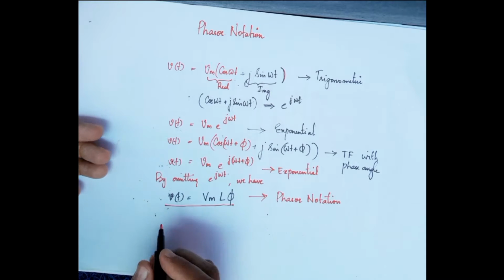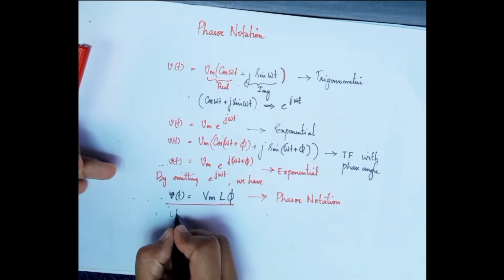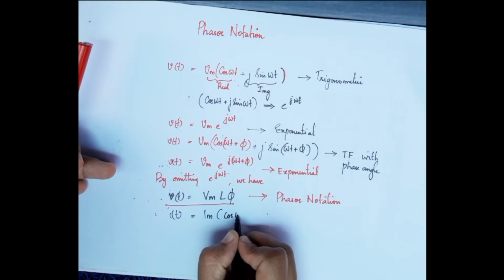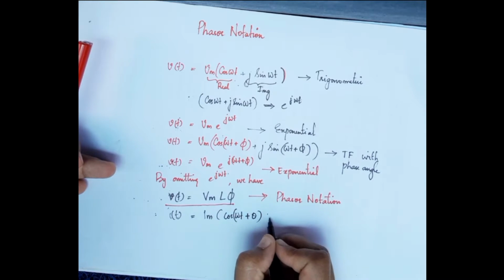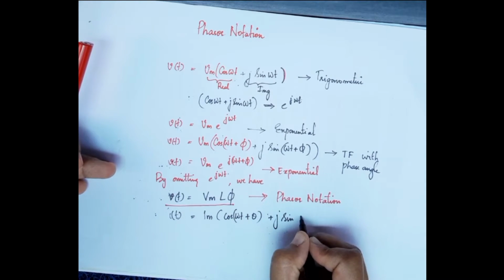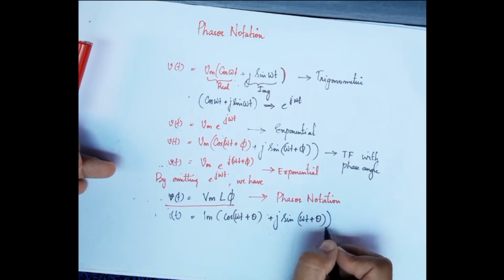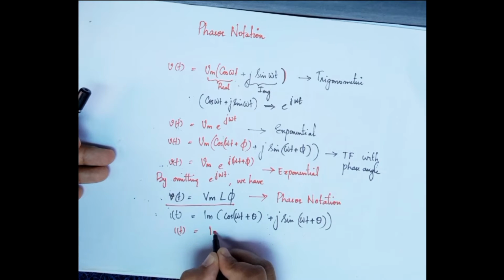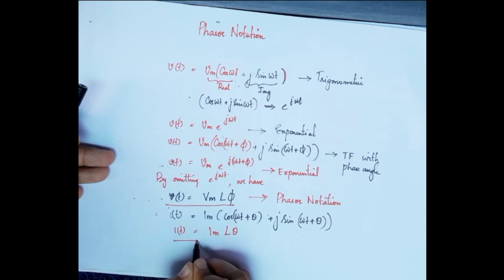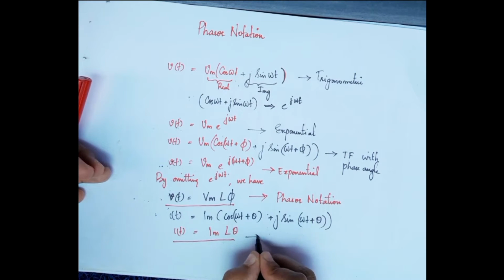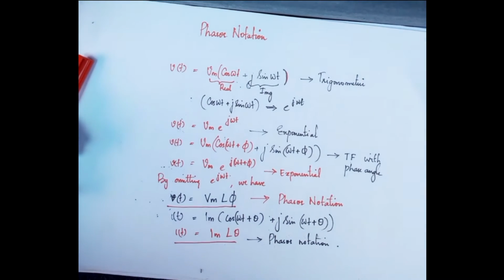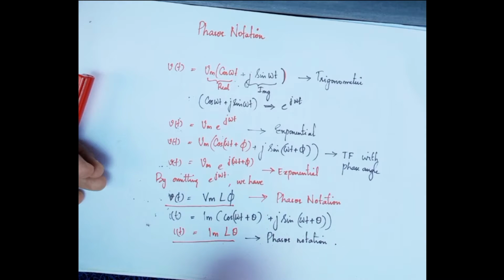We can omit the omega t term if all the voltages or currents are operating at the same frequency. Omega is actually frequency, which is usually the case. It is normally 50 or 60 hertz worldwide. So if there is current, we can reduce the current's complex form into the phasor notation as Im angle theta. This way of representation, the phasor way of representation, is the easiest to solve problems.